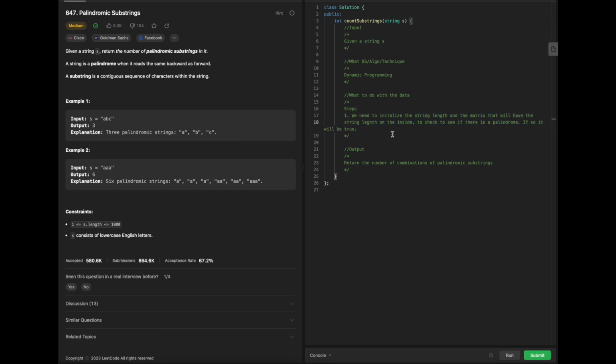This may be a little bit confusing for the first step, but what I mean is that we are going to be creating a matrix, and I will write this out after we go through the steps. So the first step is that I'm going to have n be equal to s.length right here, and then we're going to create our matrix over here. We're going to initialize our matrix as a vector